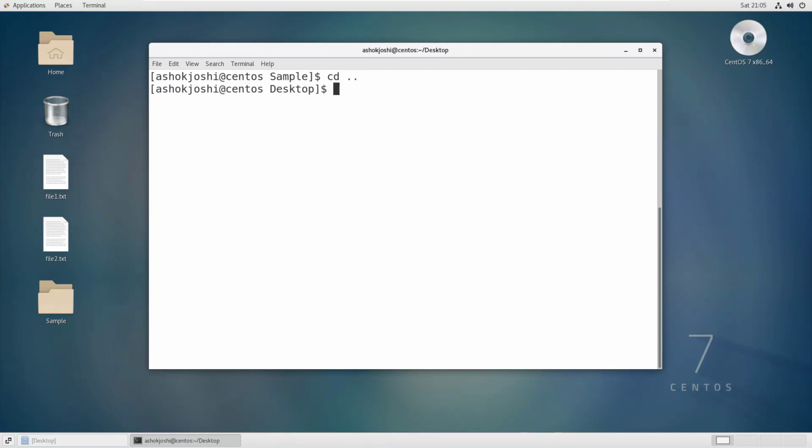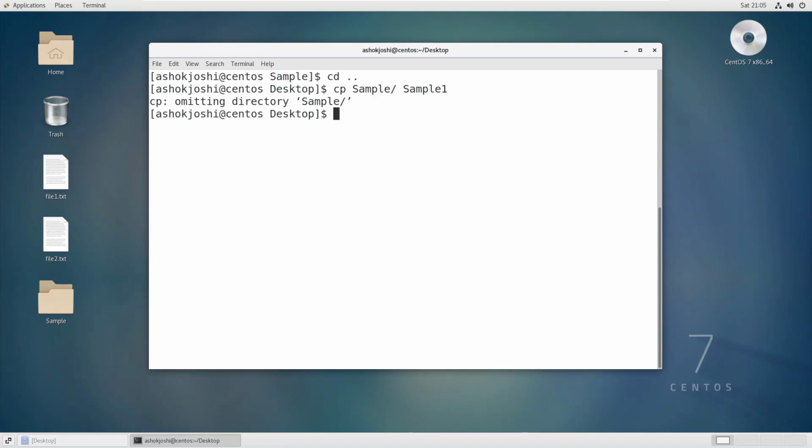Now let me show you how you can copy a particular directory to another directory which doesn't exist. So you'll use cp, give the sample directory as the source, and then let me add a directory name which doesn't exist. Let's say I will use sample1, which doesn't exist here. If I press enter, I got an error. Now it is saying omitting directory sample.